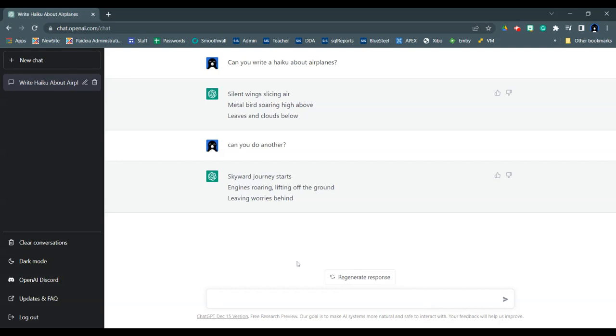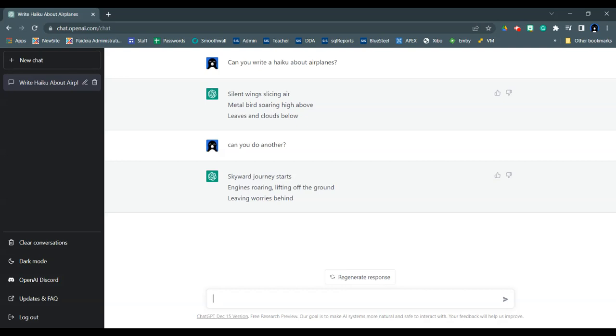So that's an example of just how it can be creative. You can ask it to do song lyrics, write chord progressions. You can feed it some information and then ask it to write a script about that topic. So you could copy and paste a large set of text, paste it in there and say, turn this into a play, and it will try to do that. So there's lots of opportunity to experiment and play around here.